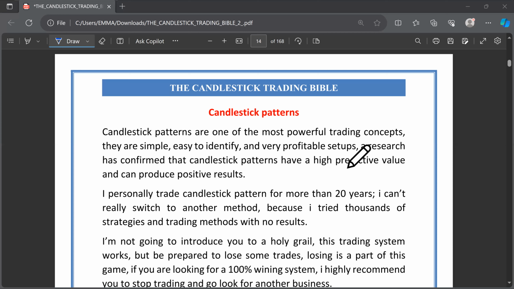So, candlestick patterns are one of the most powerful trading concepts. They are simple, easy to identify, and very profitable setups. Research has confirmed that candlestick patterns have a higher predictive value and can produce positive results. So when you look at the candlesticks like this, for instance,